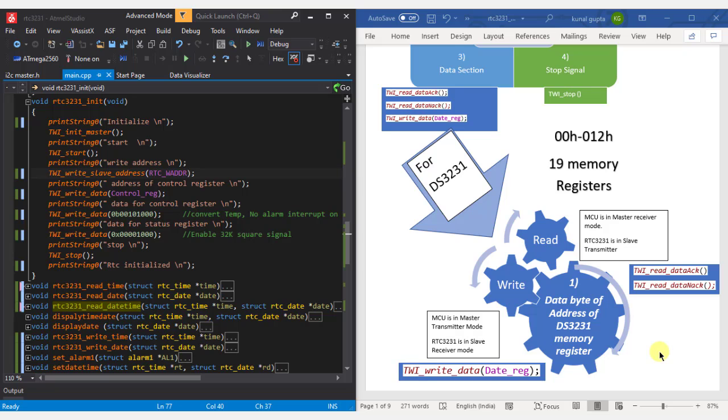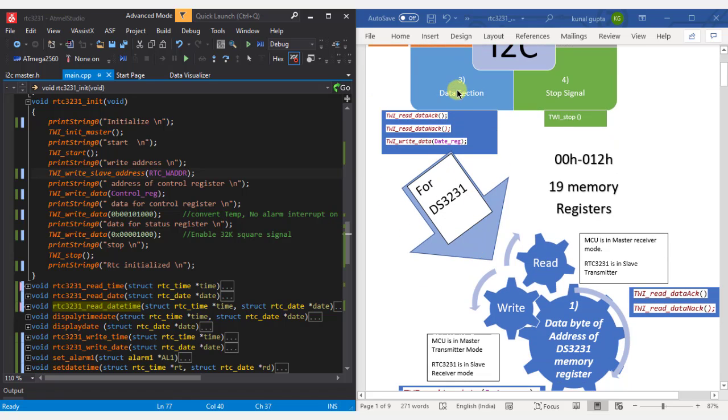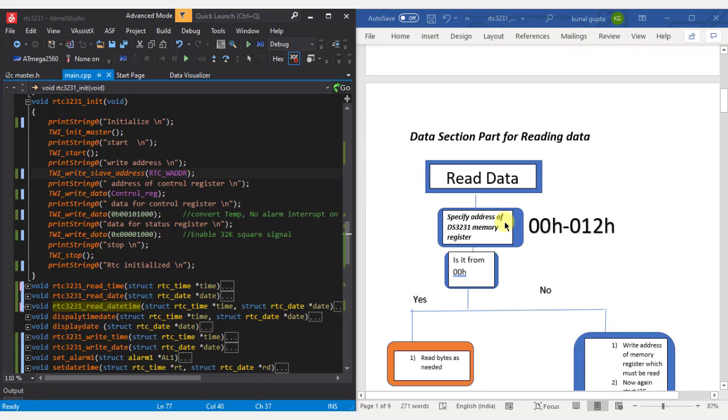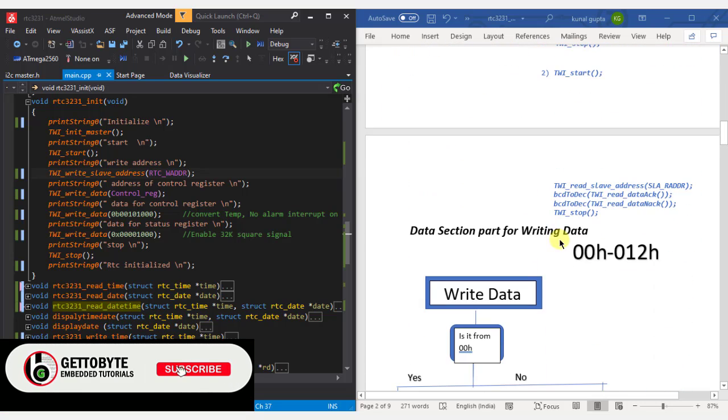So till now we have discussed what is essential for communicating with our DS3231. Start, slave address and stop are mandatory for all sessions, and the data section has the registers. For communicating in the data section, we have 2 flow charts: data section for the reading part and data section for writing data.